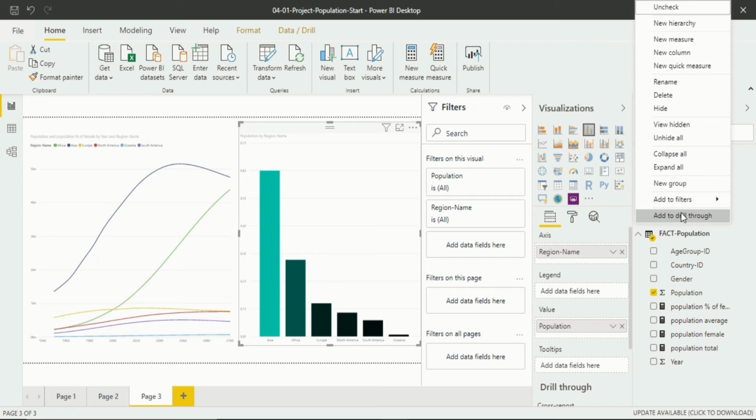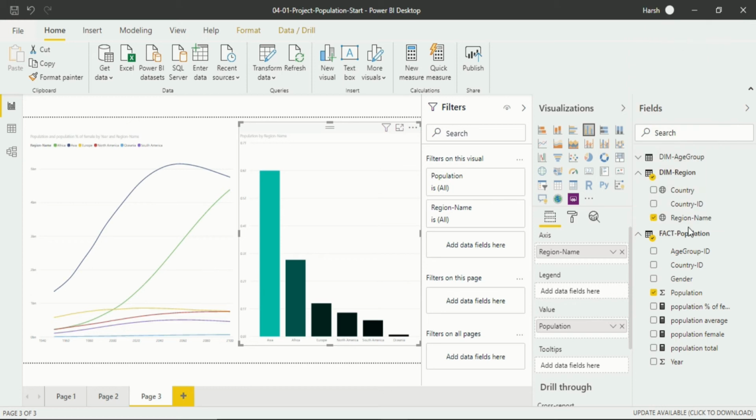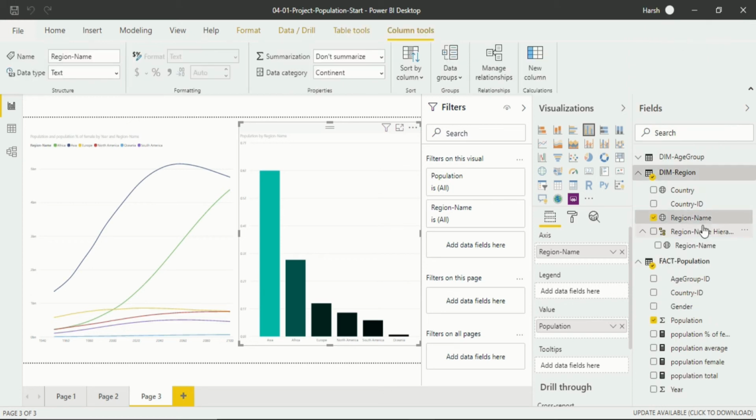When you do that, a box opens up that shows a new hierarchy option. After clicking on new hierarchy, you will see a new feature available under the region name, that is the region name hierarchy and region name.